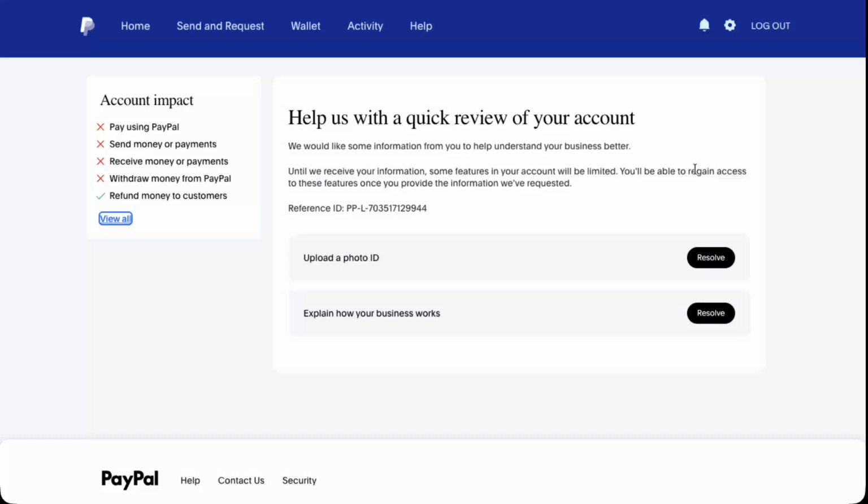That's it. Complete the requested items carefully, and once they're verified, your account access should be restored. Stay safe, use only